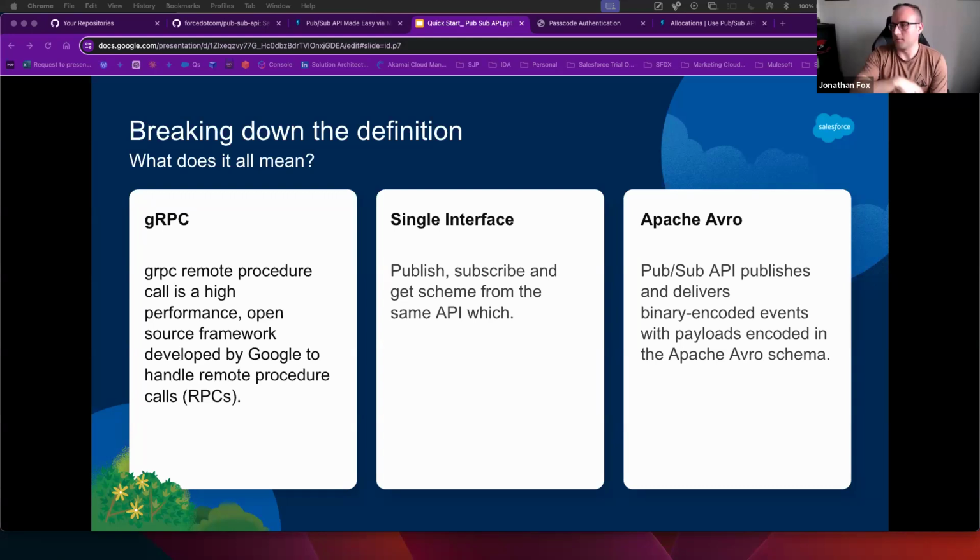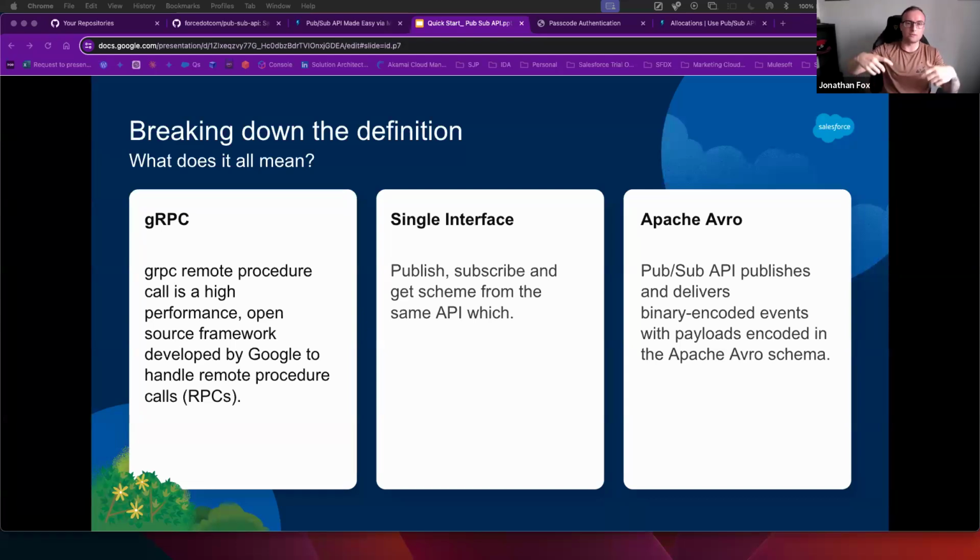And then the Apache Avro, that's the way these events, when they're published, are encoded. These payloads are encoded in this schema. It doesn't really mean much to most people, but what it does mean is that because the data serialization is in this format, it's faster to serialize, faster to deserialize, and much smaller.